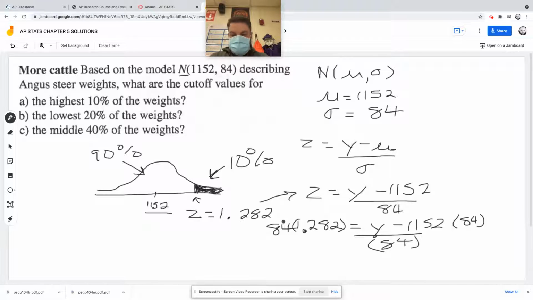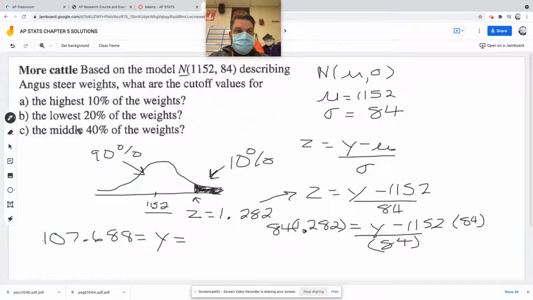So I'm going to take my handy dandy calculator and I'm going to say 84 times 1.282. And that becomes, I'm going to write this over here because I'm running out of room, 107.688 is equal to y